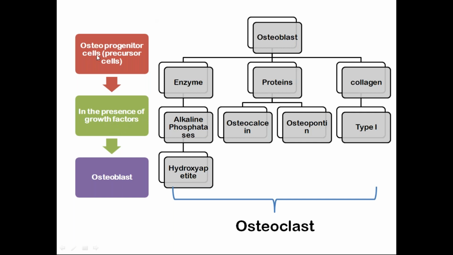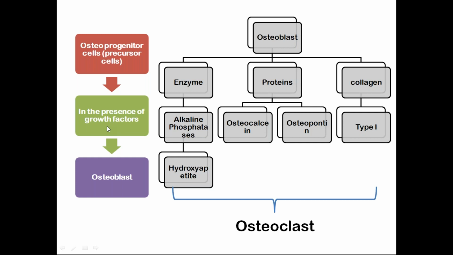These osteoprogenitor cells will be coming from your bone marrow, or from your blood or bone marrow, and then in the presence of some growth factors,